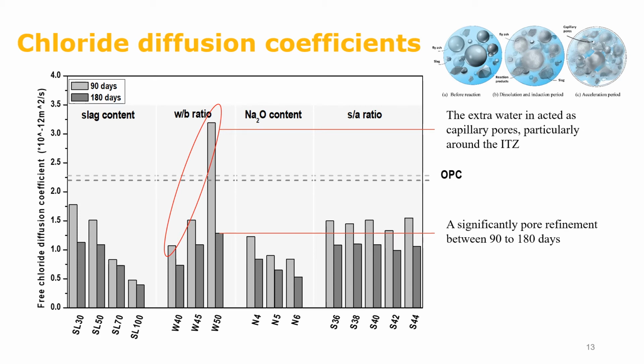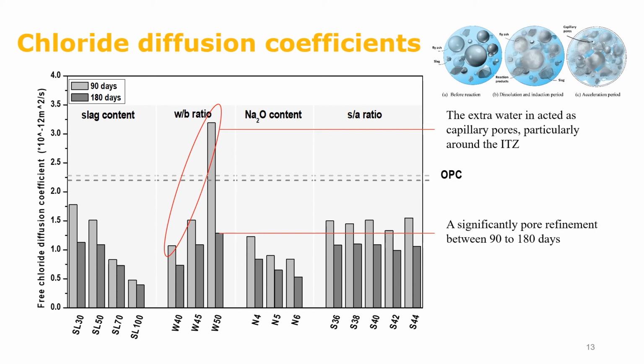The D increased from 1.1 to 3.2 as the water-to-binder ratio increased from 0.4 to 0.5. It may be due to the extra water in the alkali activator acting as capillary pores in the concrete, particularly around the ITZ. At 180 days, the D of W50 reduced to 1.3, which means a significant pore refinement between